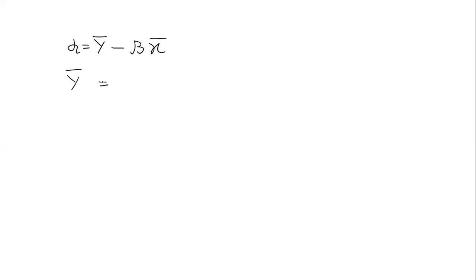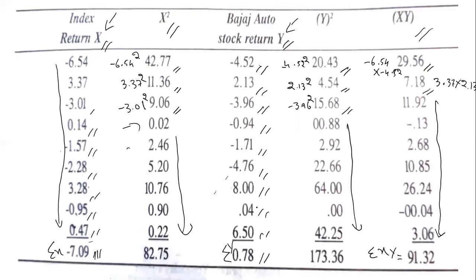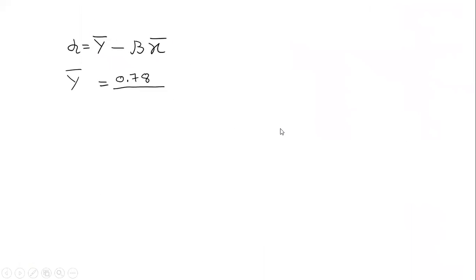We know the value of Y, that is 0.78, which we have calculated in the table. I can show you this. This is the Y value that we have calculated, 0.78, divided by the number of days, that is 9. So we will get the value